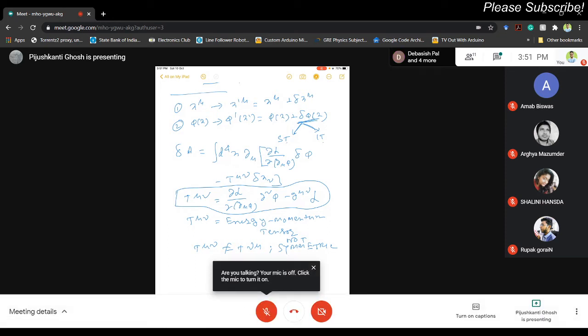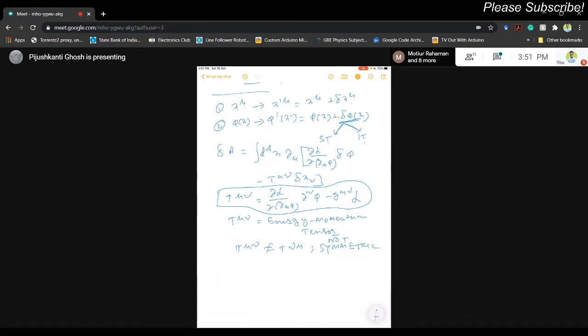We will see that there are mechanisms within the field theoretical development where, without changing the physical data, that means without changing the values of momentum, energy, angular momentum, and all these things, we can add certain terms such that T mu nu can be made symmetric. I will come to that later.